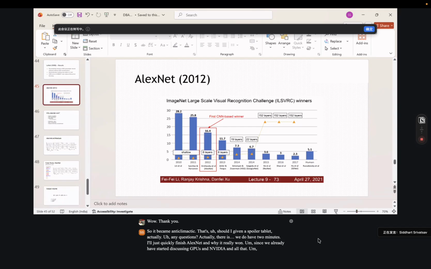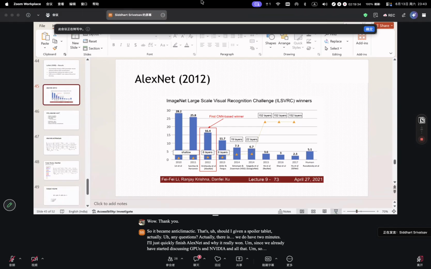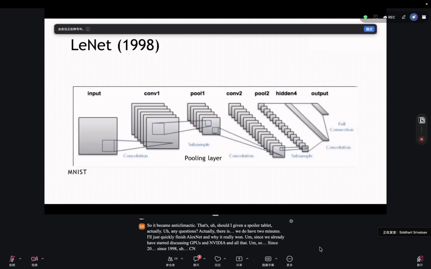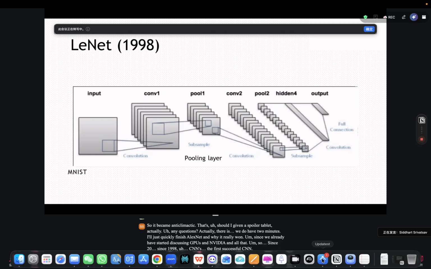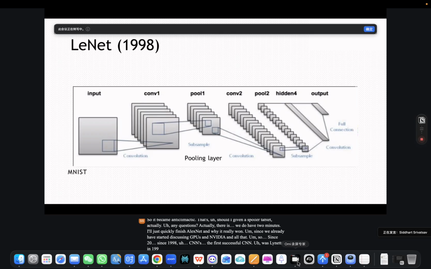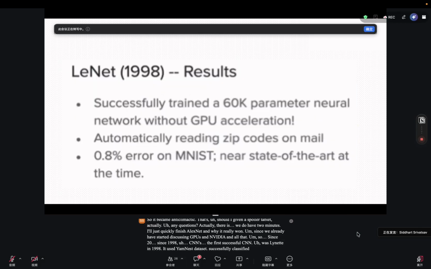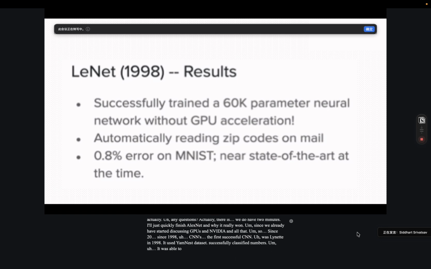Since 1998, the first successful CNN was LeNet in 1998. It used the MNIST data set and successfully classified numbers. It was able to actually automatically read zip codes on mail, which was quite a big thing to do. It was trained on